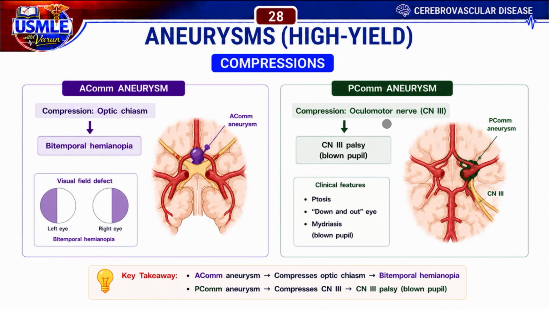Now, coming to the posterior communicating artery aneurysm, this could lead to compression of the third cranial nerve, also called the oculomotor nerve. And this oculomotor nerve involvement could lead to cranial nerve 3 palsy, where there is a blown pupil or dilated pupil. This is associated with ptosis, down and out eye, and mydriasis or blown pupil. Anterior communicating artery aneurysm compresses the optic chiasm and could lead to bitemporal hemianopia, whereas posterior communicating artery aneurysm could compress the oculomotor nerve and lead to oculomotor nerve palsy, which is characterized by